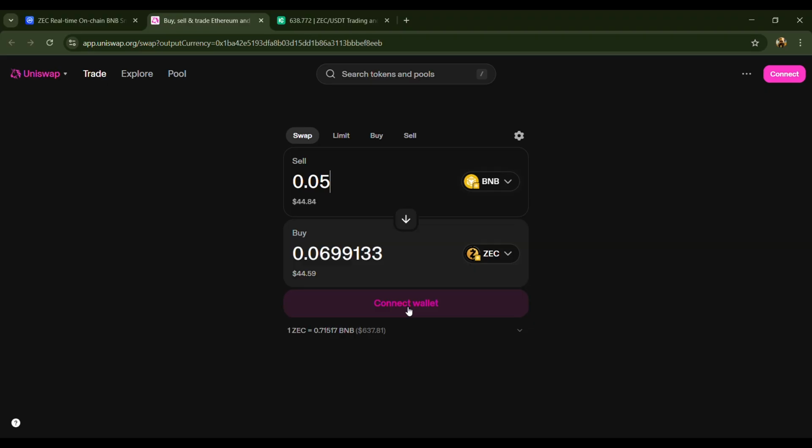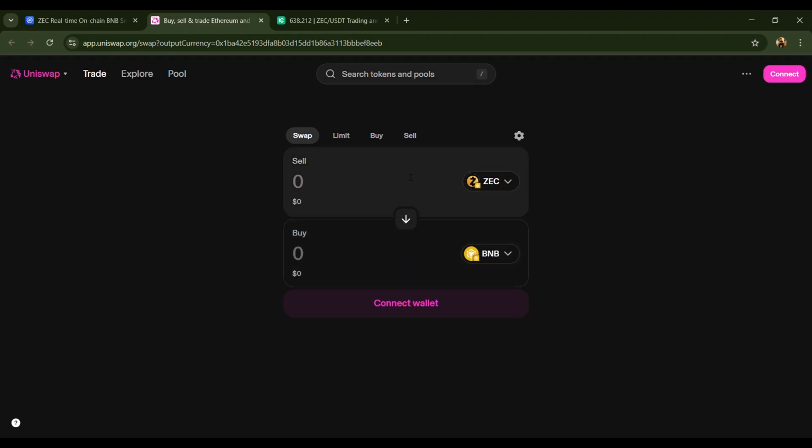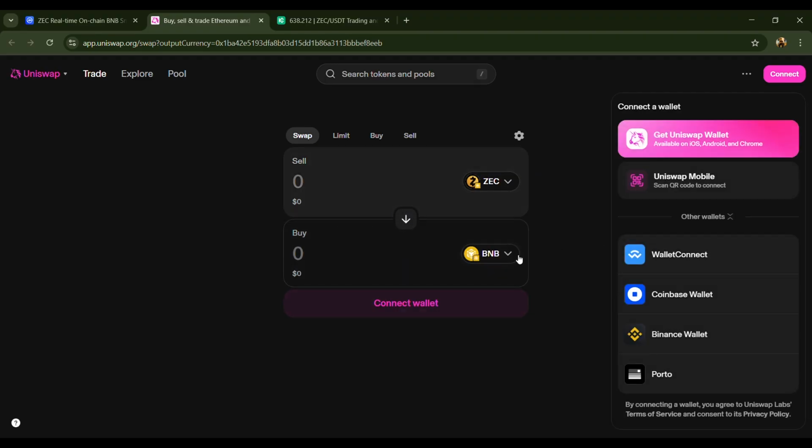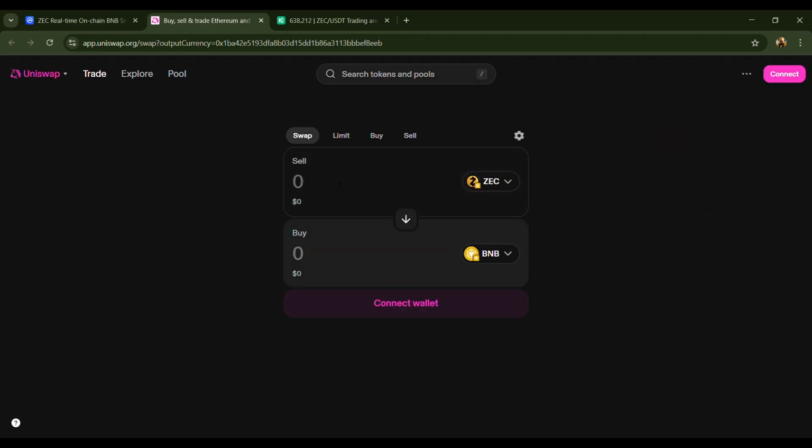And if you want to sell this token on this decentralized exchange, then click on this arrow, and again you need to connect your wallet or mobile wallet from this exchange, and here you will enter the number of tokens that you have, and finally you will confirm the transaction. Then you will receive BNB in exchange for this token. So in this way you can buy and sell this token on centralized and decentralized exchanges.